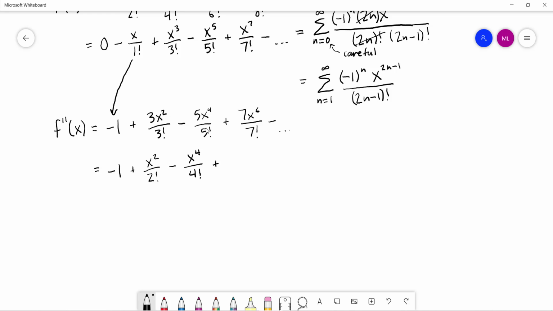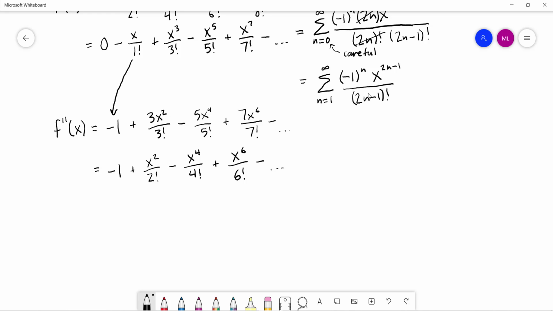And then same thing in this last term. It's just going to be x to the 6th over 6 factorial minus dot, dot, dot. And if we look at this, what is this thing going to look like? Well, I can come back. We could take the derivative over here, and again, just make sure that we don't do anything too crazy and